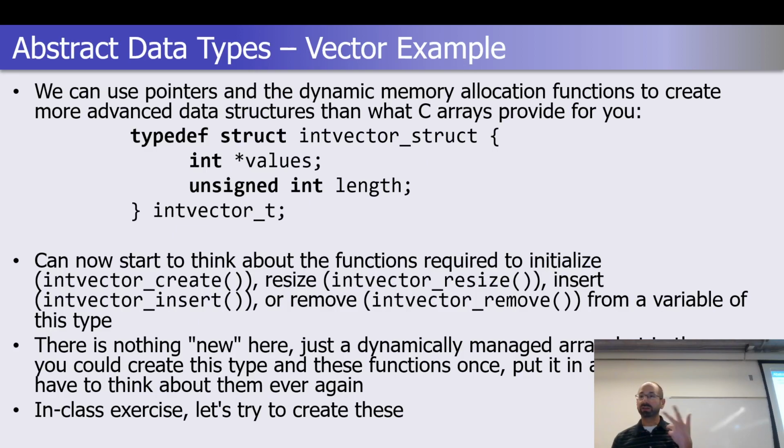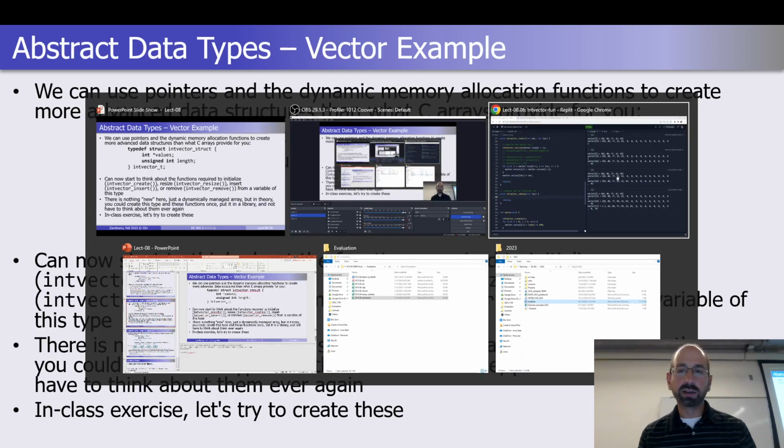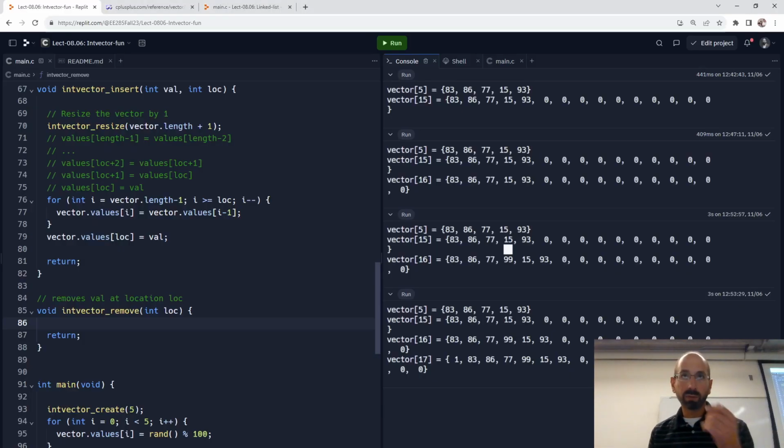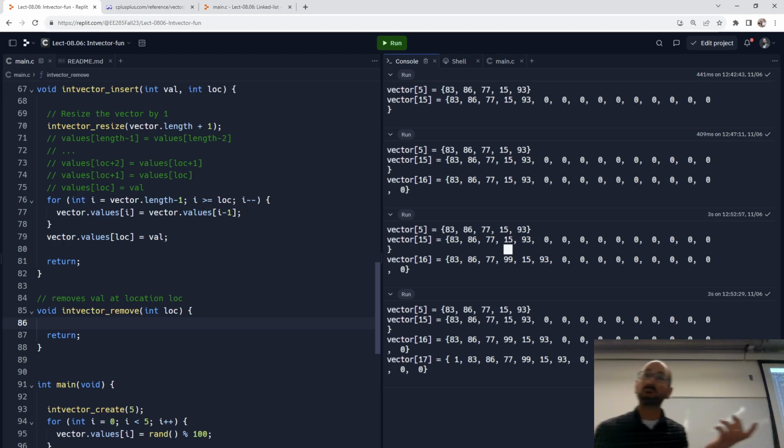That allowed us to build up a series of functions that we could use to either create the array, create the vector, resize the vector, and also arbitrarily either remove things from the vector or insert things into the vector at a given location. We built up most of those functions on Monday, and we just had one remaining. And it was similar to the insert function in terms of what we have to do,